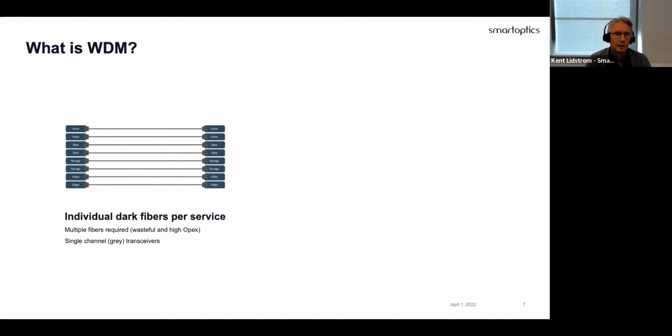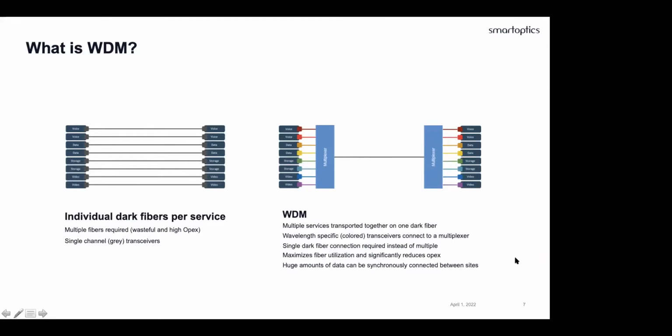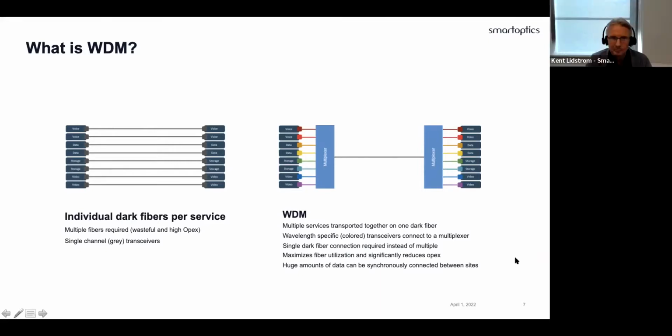But if you do this across data centers with maybe 50 kilometers in between, then you need a lot of fiber pairs, and it's going to be very costly. So that's when wavelength division multiplexing comes into play. If you take it one step forward, you use colored optics. You use optical transceivers with a wavelength for each service. So each service gets its individual wavelength, with a component, basically a prism, that adds and drops wavelengths.